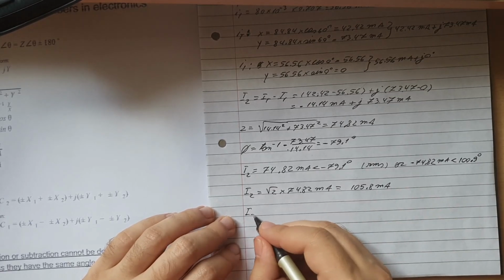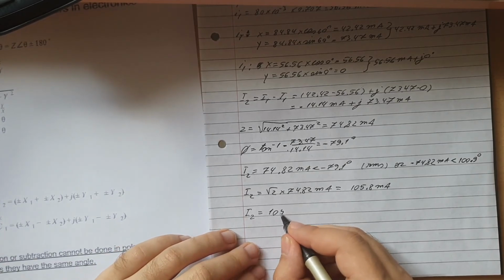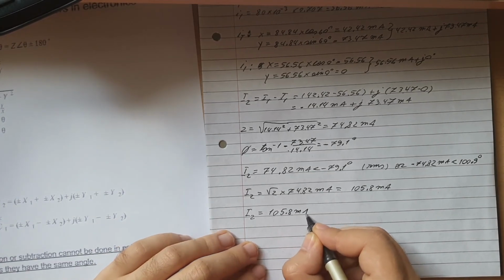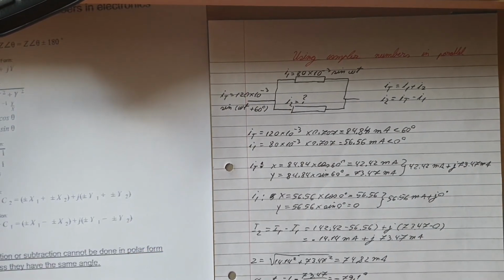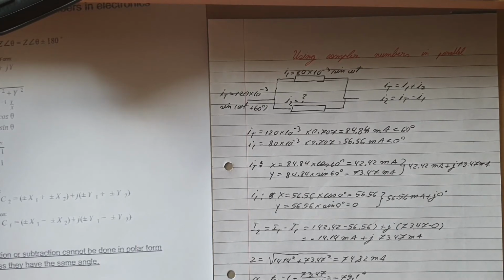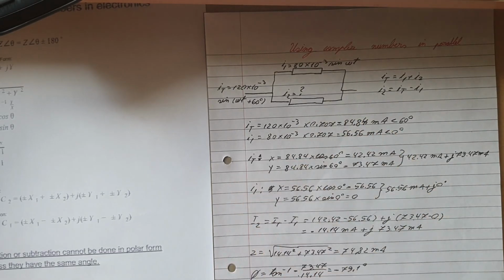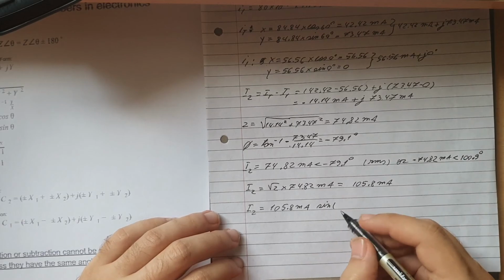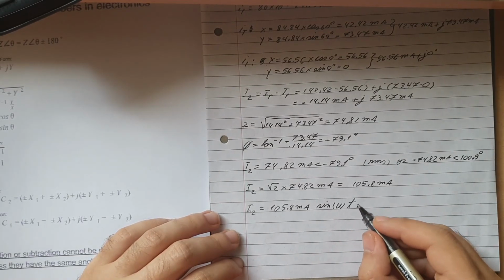So the final answer is that I2 is equal to 105.8 milliamps sine of what was it? Wait a second, we don't know the W value for them. Okay, that's fine. Sine WT, and then it will be minus